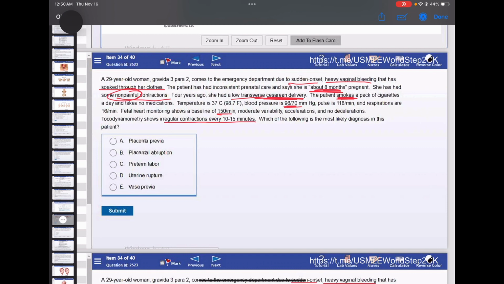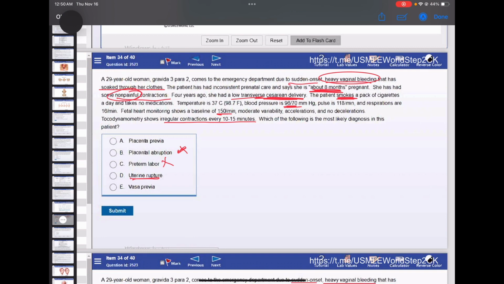How much was the gestational age? About 8 months. Okay. Which of the following is the most likely diagnosis? Now it is non-painful. So for me, placental abruption would be gone because it is usually painful. Preterm labor. How would I describe heavy vaginal bleeding with preterm labor? Nope. Uterine rupture. Okay, it might be